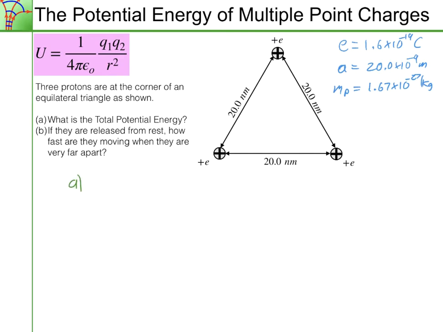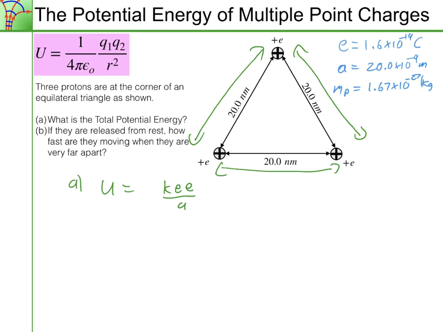So this pair here, between these two, what's the potential energy there? Well, it's going to be k q1 q2 over the distance between them, which is a. That's for that pair. But it's going to be the same as the energy between this pair and the same as the energy between that pair. Each pair has the same distance and the same charge, so it's just going to be 3 times that. So it's actually just going to be 3 times k e squared over a, which